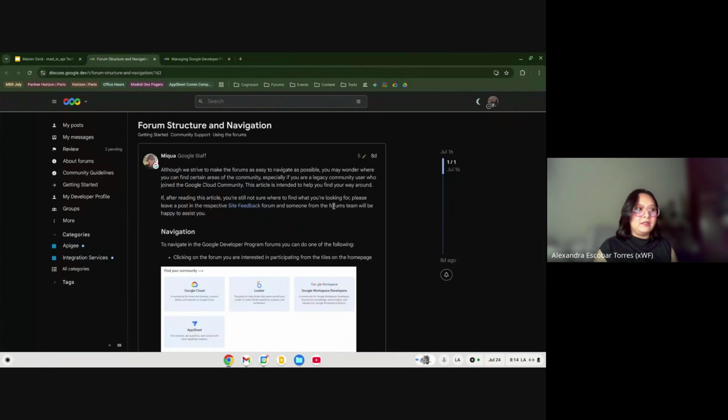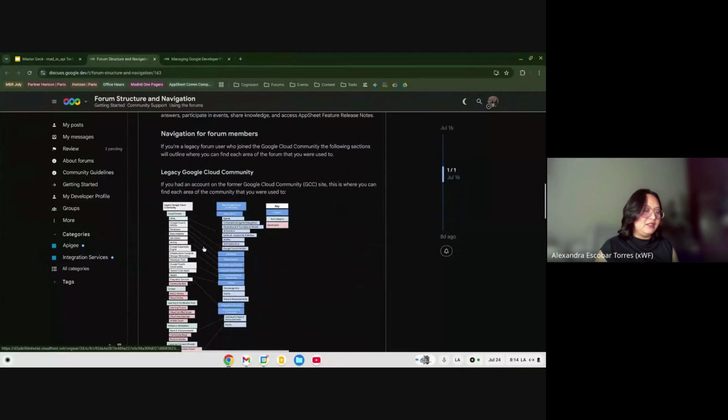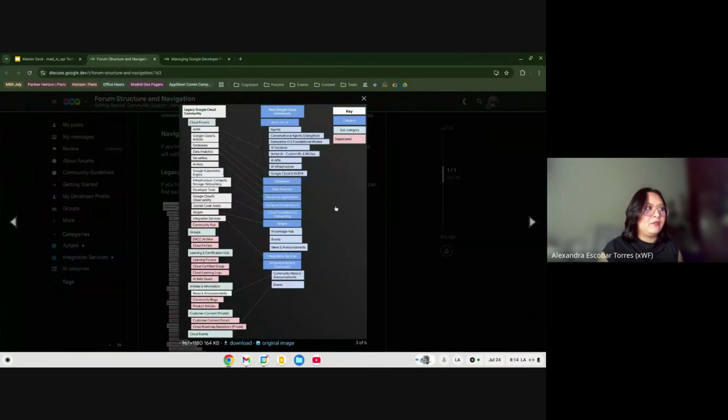The structure of the forum: Apigee in the past and integration services was a standalone forum just within the Google Cloud community. That has changed, and I think this diagram shows this perfectly. We used to be just forums, Apigee and integration services. That has changed for good. Apigee now is still a subcategory underneath Google